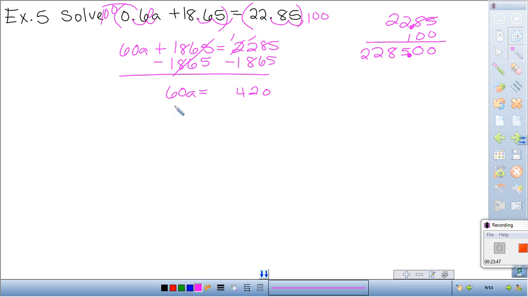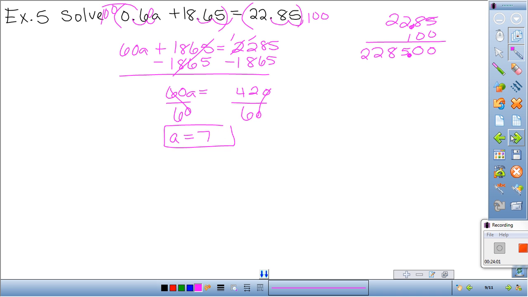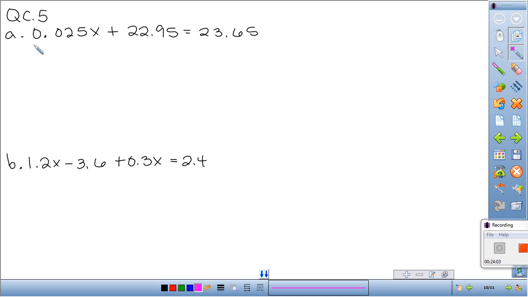And then the opposite of multiplying by 60 is to divide both sides by 60. So A equals, you can cancel the zeros, 42 divided by 6 is 7. And of course, you can always substitute to check your answers. Alright, last 2 problems